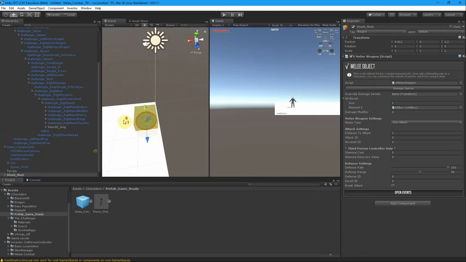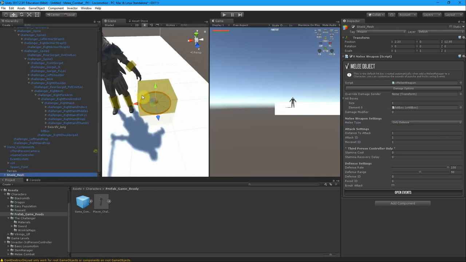And because it's a weapon already, we need to give it those attack sets again, 1, and we're going to use this one for defense. Damage modifier is 0, it doesn't actually damage anything. And just like the sword, we need to now move it into position. So we can drag it up here,